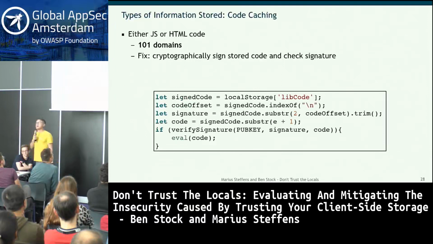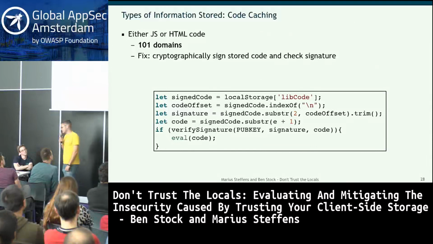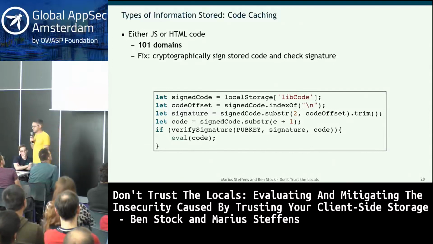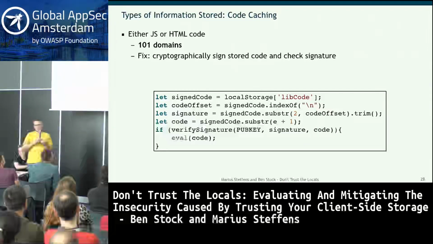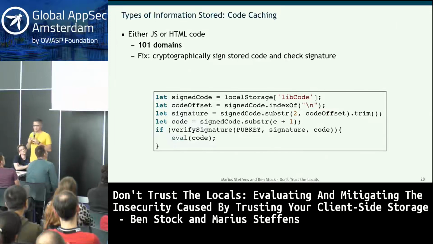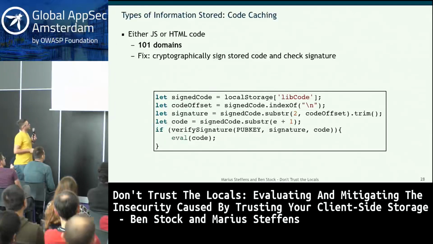All right. So what's the solution? Well, one solution is don't do that. If you want to do that, and there might be good reasons, if you consider that real-time bidding for ads is a good reason, then that's one reason where we mostly saw this, where you want, as the ad company, to be loaded very quickly so you can do your real-time bidding. You can just use, well, best practices in terms of cryptographic signatures. And this is actually inspired also by a fix to a problem, because we at least tried to reach out to people that were affected, and the library providers. Not all of them responded or I think understood what we wanted to tell them.